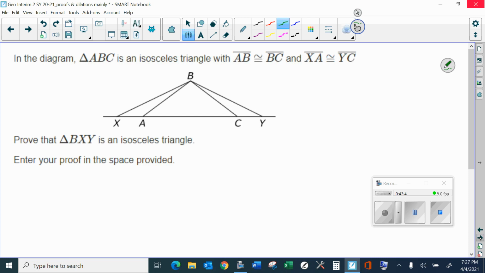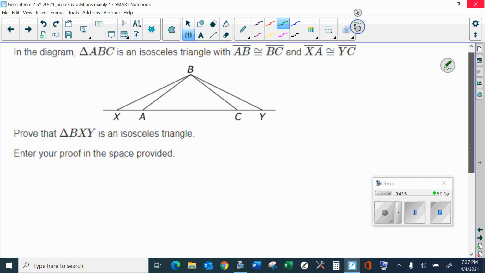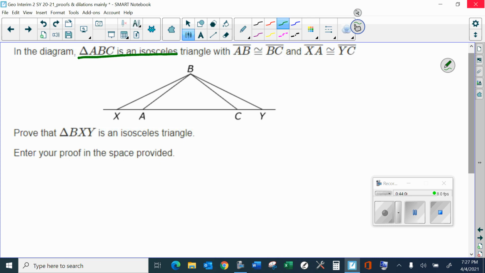All right, so here's an actual proof that you have to write out. This would be one, and I think I actually gave you this proof on your homework assignment. Okay, so triangle ABC is isosceles. So what's the very first thing? AB is congruent to BC. What do I know? The very first thing I've gone over in class over and over when I have an isosceles triangle, what's my very next step I'm writing in? Base angles are congruent. So after I write down the given, or the first step is the given,